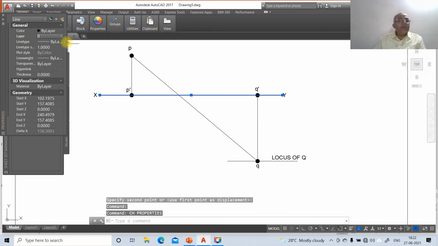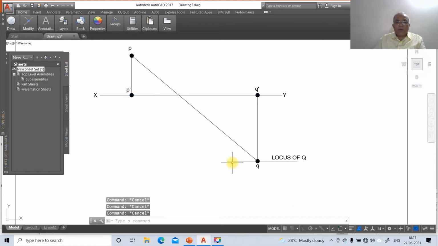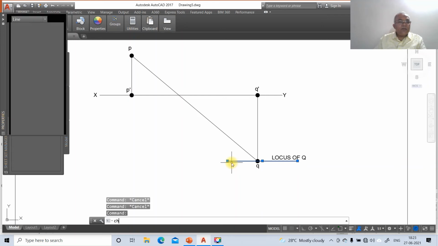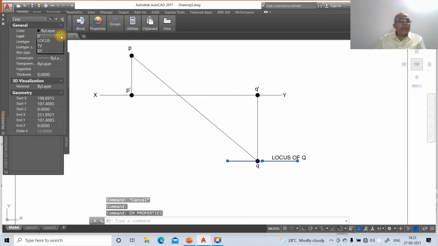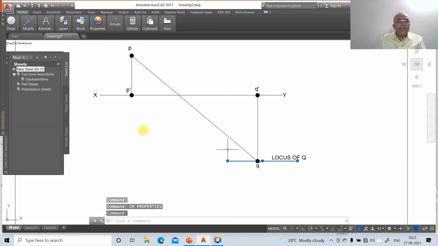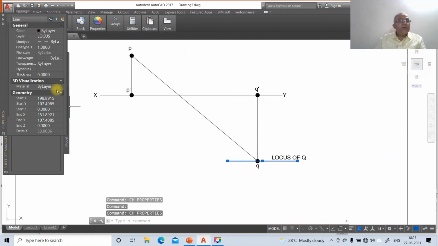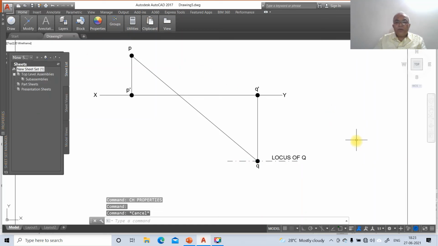Now we need to change these layers. Go to layer, make this layer XY, then click on this, go to CH, go to layer, make this layer locus. The line type you need to change. Go to CH, here the line type scale factor, increase it to 10, so we get the appropriate scaling factor.